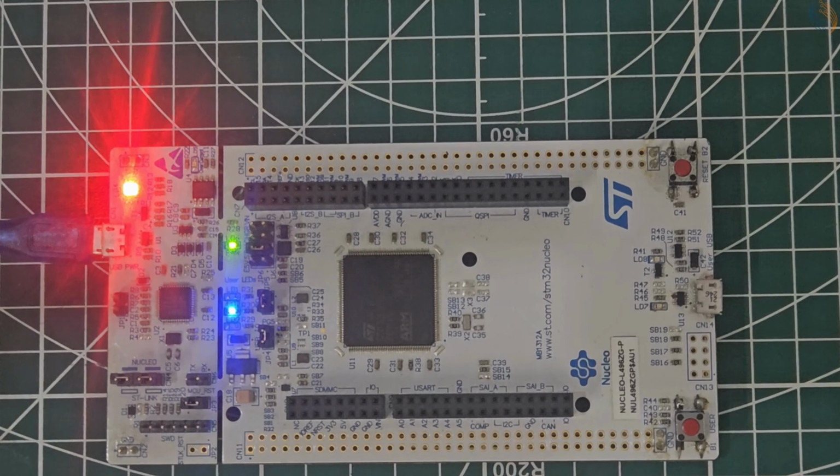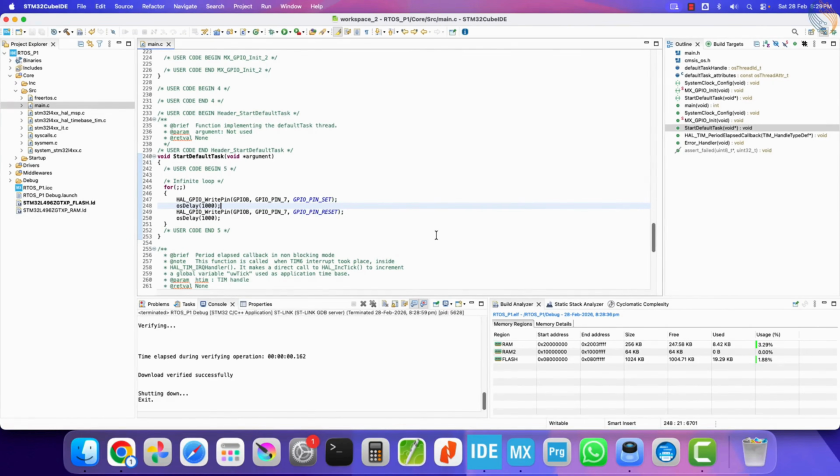You can see the blue LED blinking every 1 second. This confirms that a basic RTOS project is now set up and running successfully. We have configured FreeRTOS in CubeMX, generated the project, initialized the kernel, created a task using osThreadNew, and started the scheduler using osKernelStart. The task is executing independently, and the LED is blinking using osDelay, which proves that the scheduler is managing